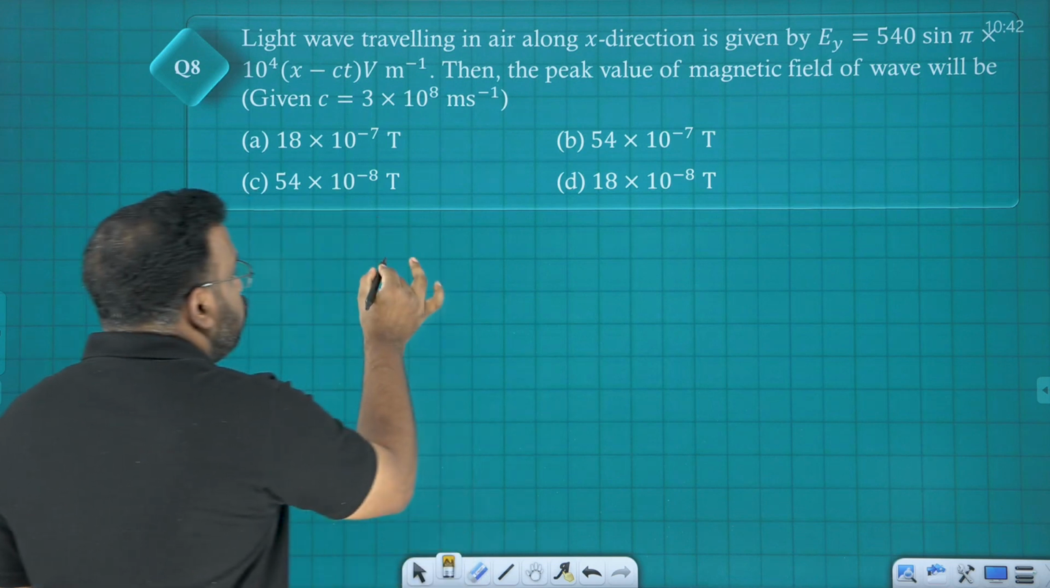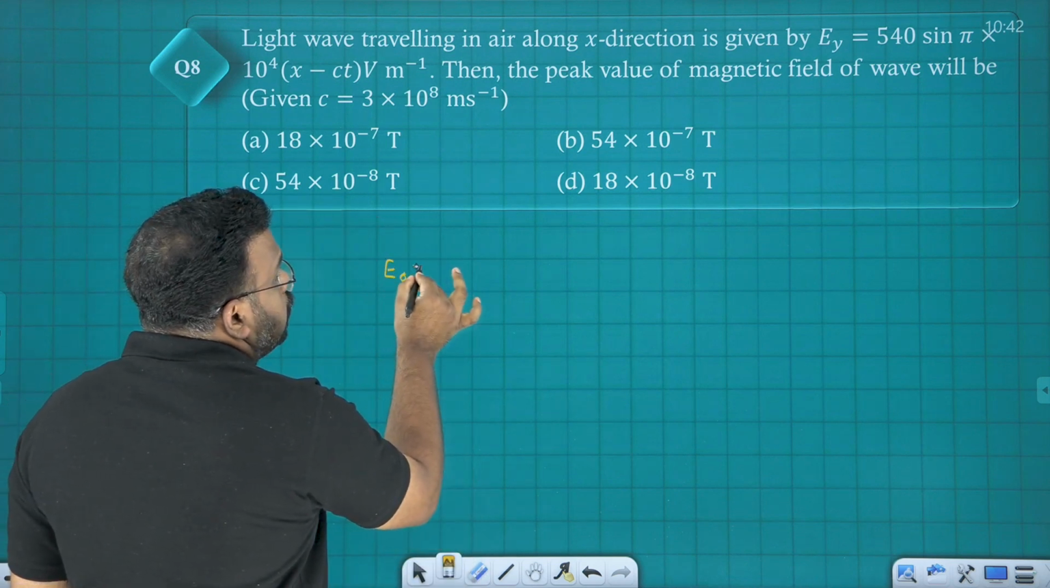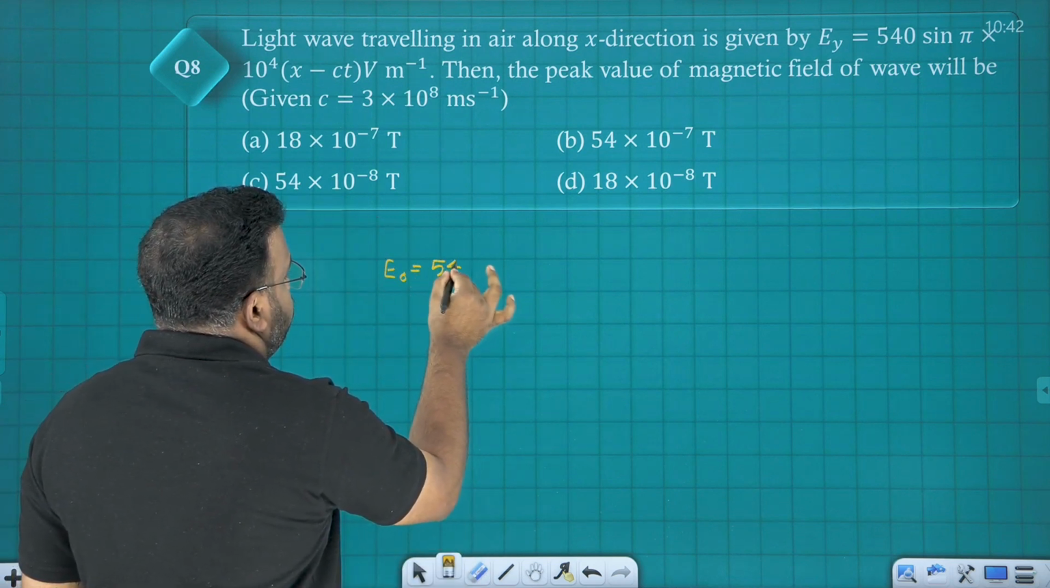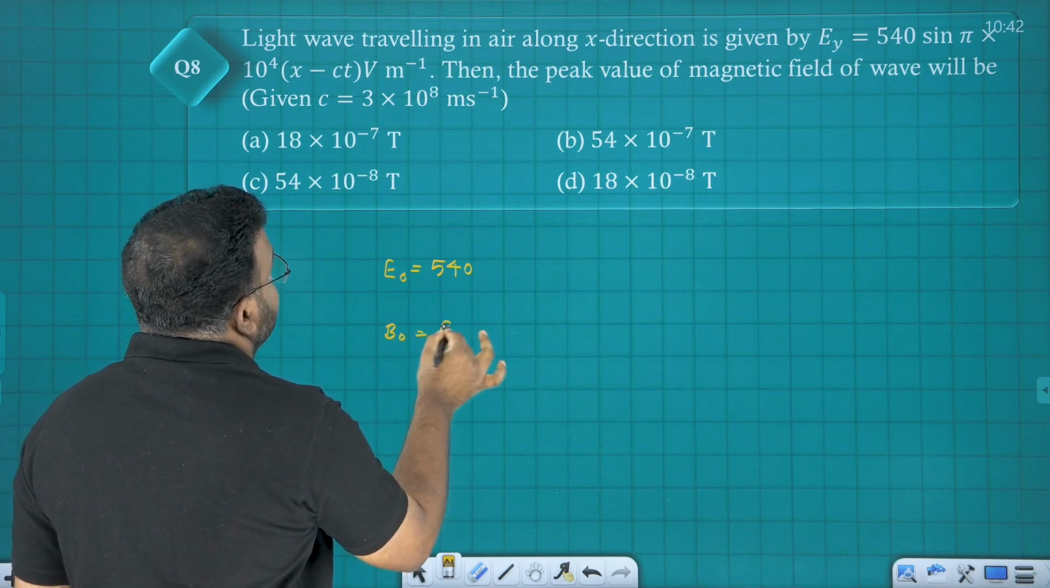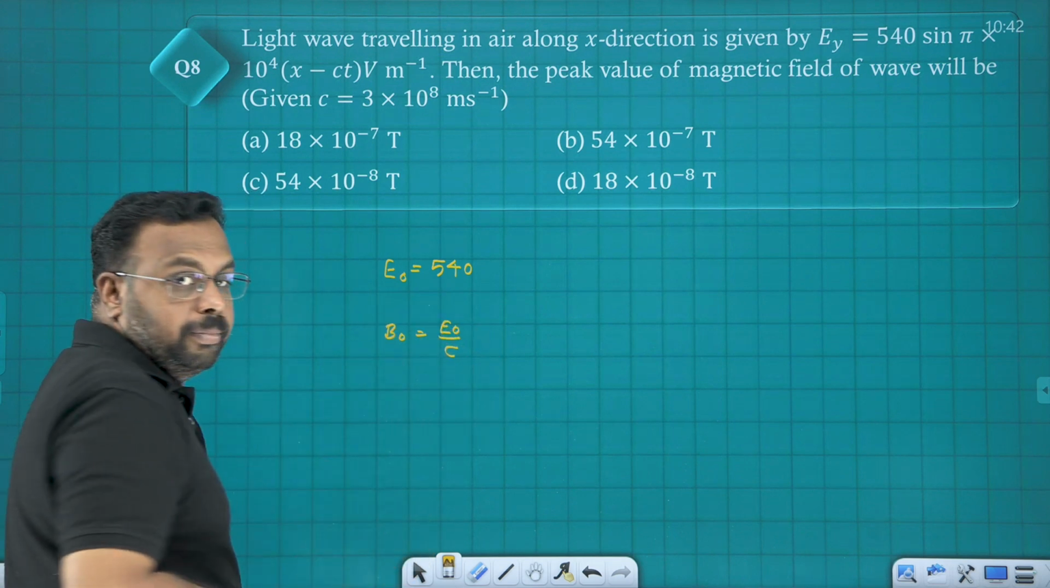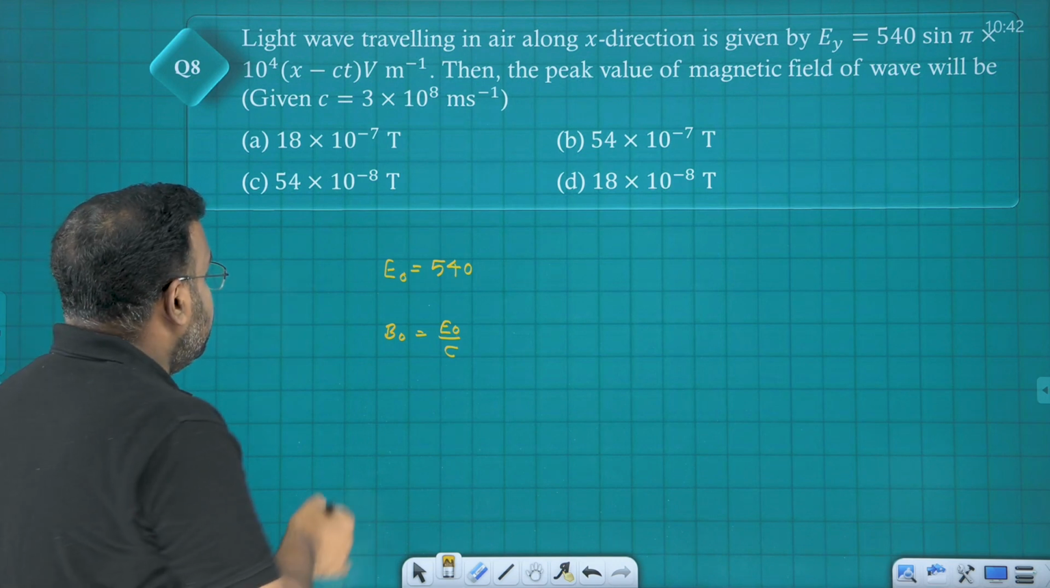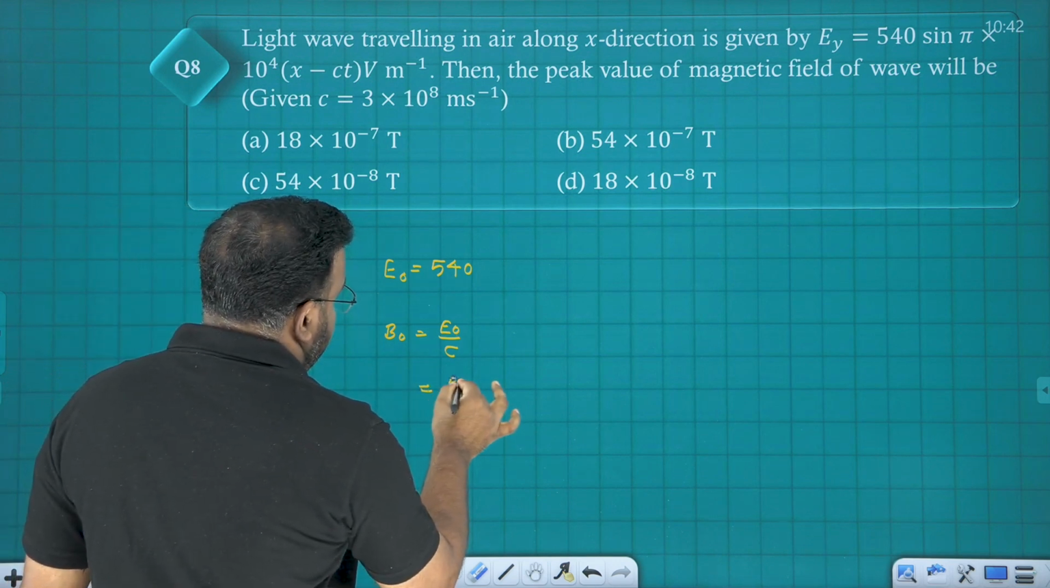Peak value of electric field you can see from that equation, E naught is equal to 540. What they are asking is B naught. B naught is equal to E naught by C, right? Because it is traveling in air, so the speed of light in air is C. So E naught is 540